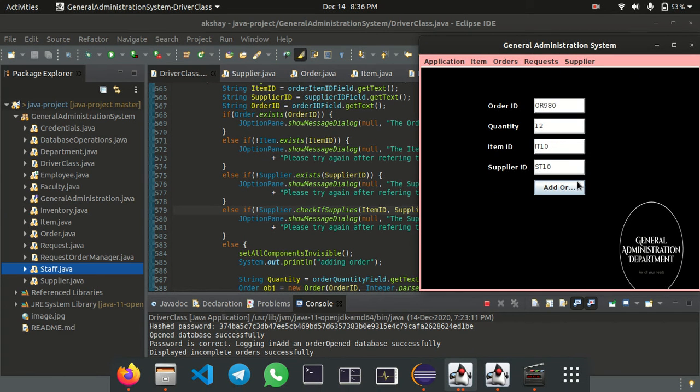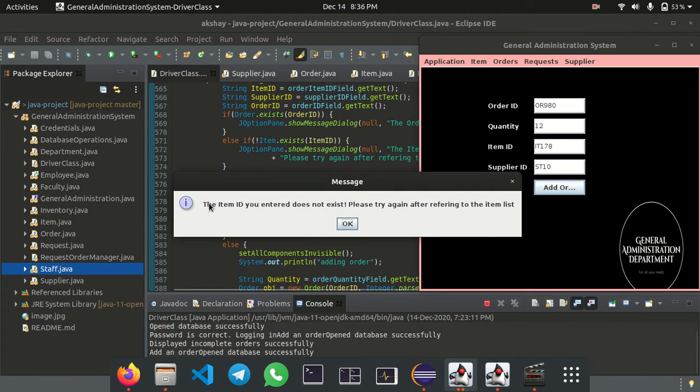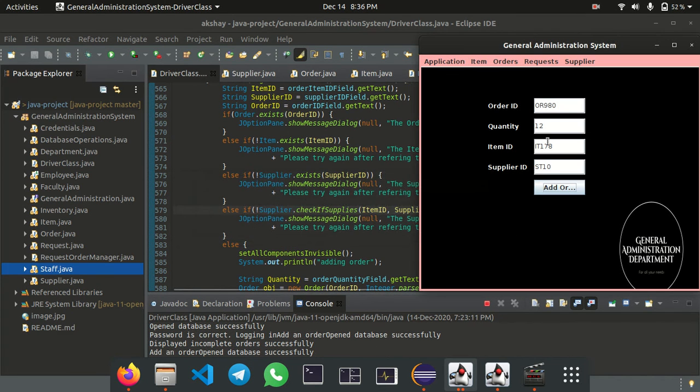So I'll write a wrong item ID here. Let's check. Okay, it is showing that the item ID you entered does not exist. Please try again after referring to the item list. This item ID basically doesn't exist; it is not there in the item list. So we'll try an item which already exists.